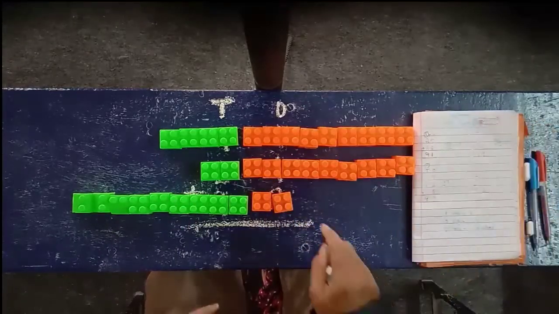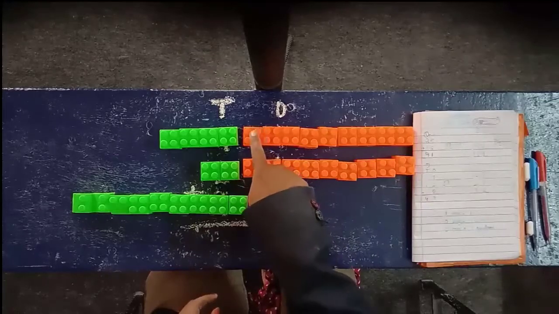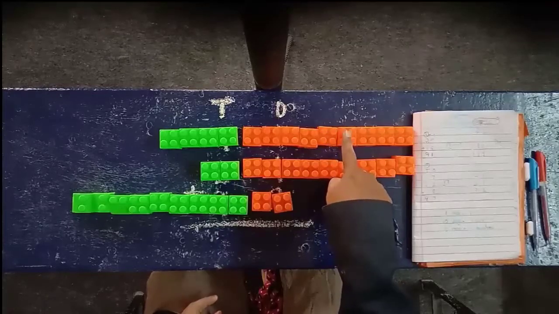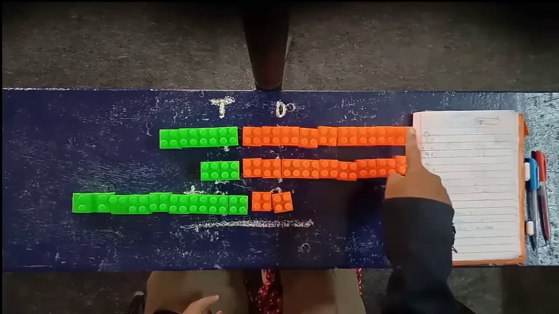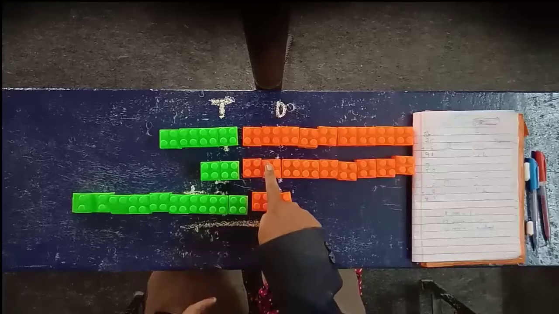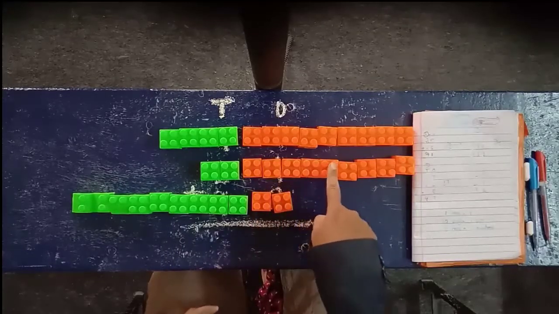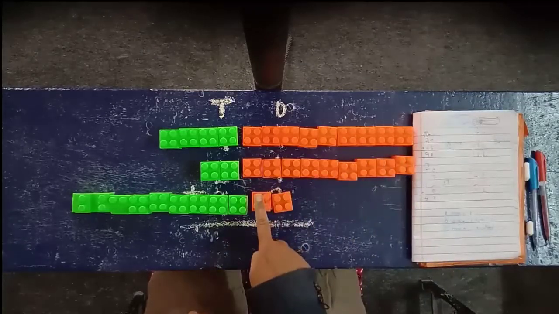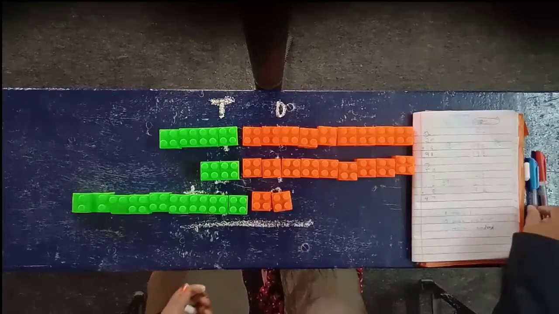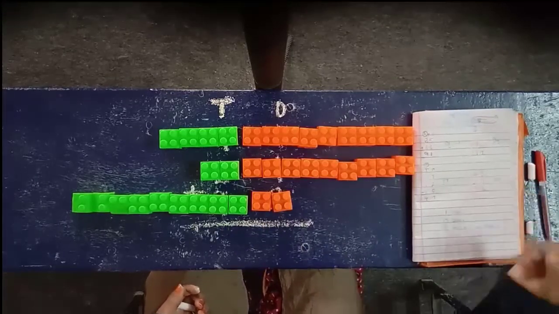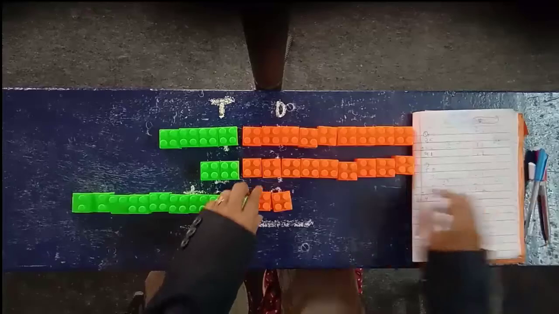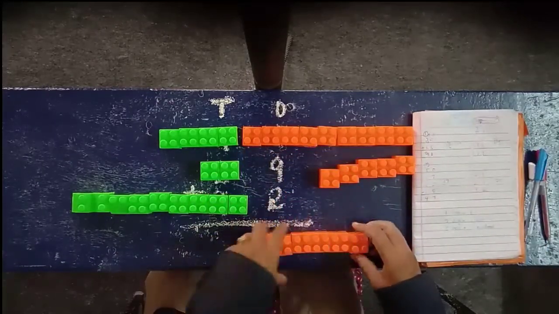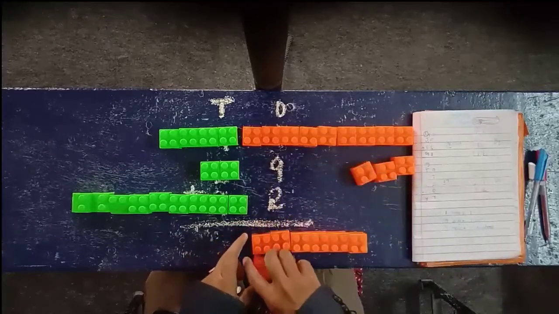First let us count the ones digits. 1, 2, 3, 4, 5, 6, 7, 8, 9, 10, 11, 12, 13, 14, 15, 16, 17, 18, 19, 20, children. 20 is again a 2-digit number, children. It is a large number, and we should not write a 2-digit number as an answer. In one place we can't write a 2-digit number, children.